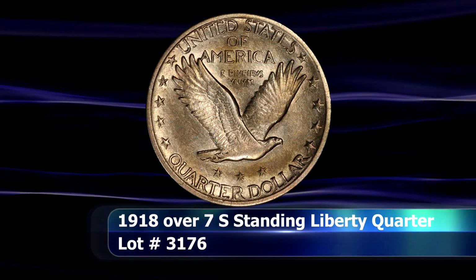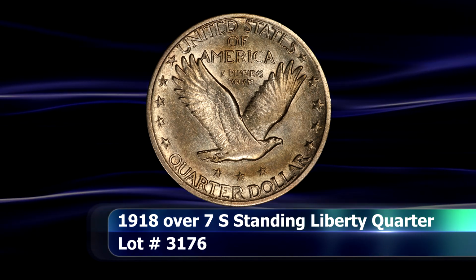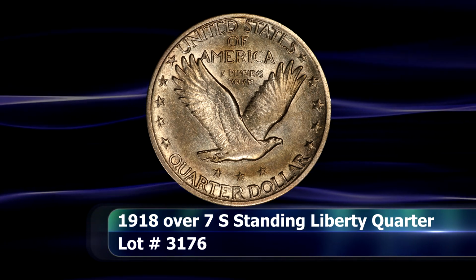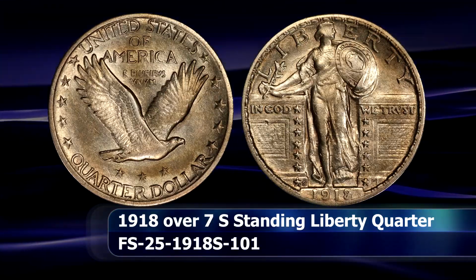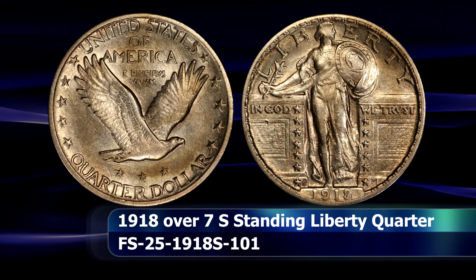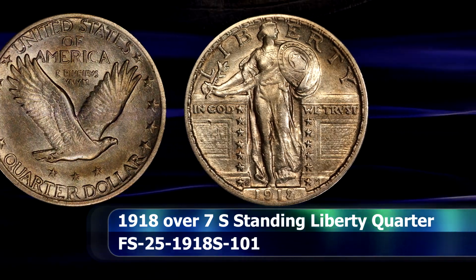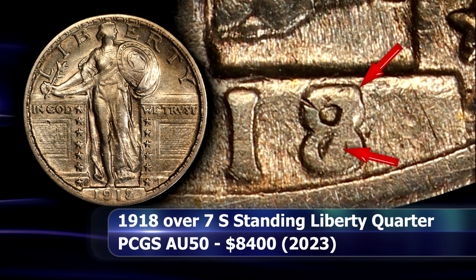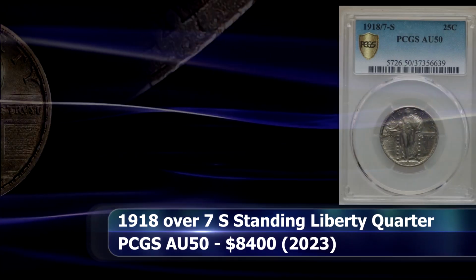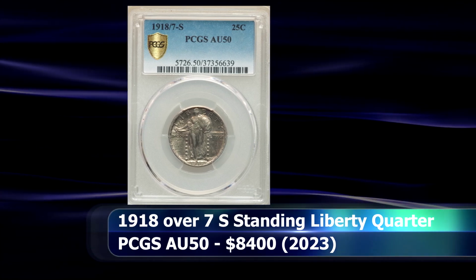$5,760. The first of two similar varieties from the same date, and an indication of the pressure the Mint was under in the face of tremendous demand for fractional currency in circulation at that time, is the 1918 over 7 Standing Liberty quarter dollar coin, a very well-known and desirable Red Book listed variety coin that, in this instance, was graded as PCGS AU50. At its turn on the auction block, it sold for